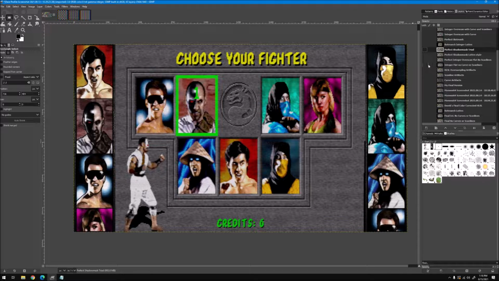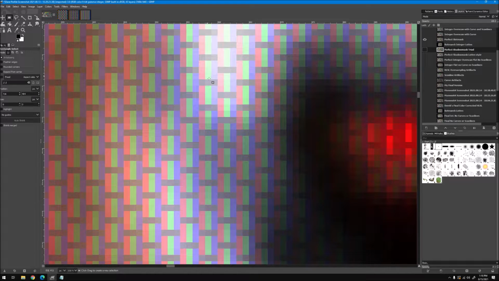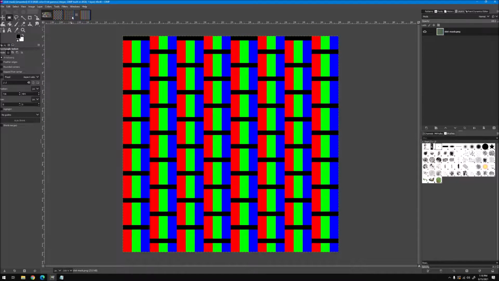Perfect shadow mask triad. Here we go, perfect slot mask. Let's go with that one. Now I'm going to zoom in really close here somewhere. Okay. Now what you can see, comparing it over here to what a slot mask is supposed to look like